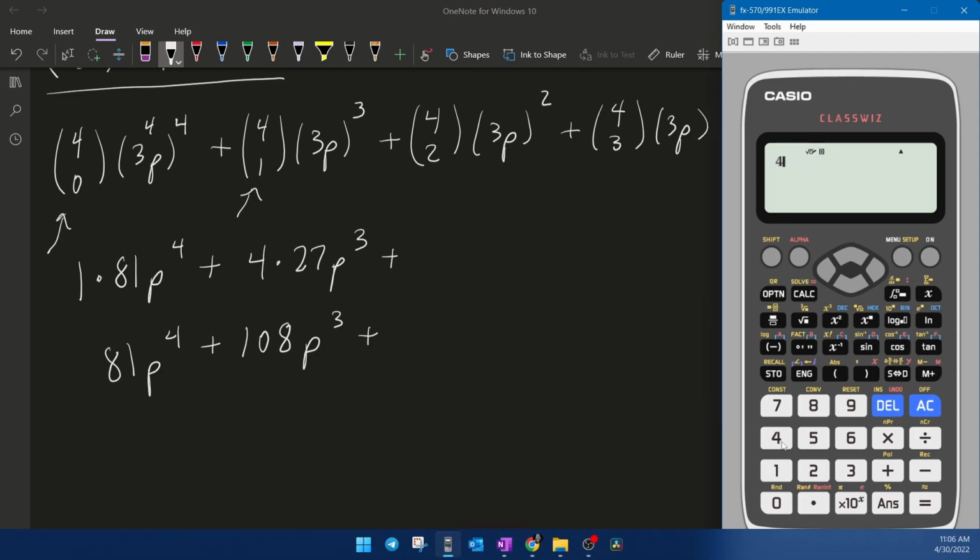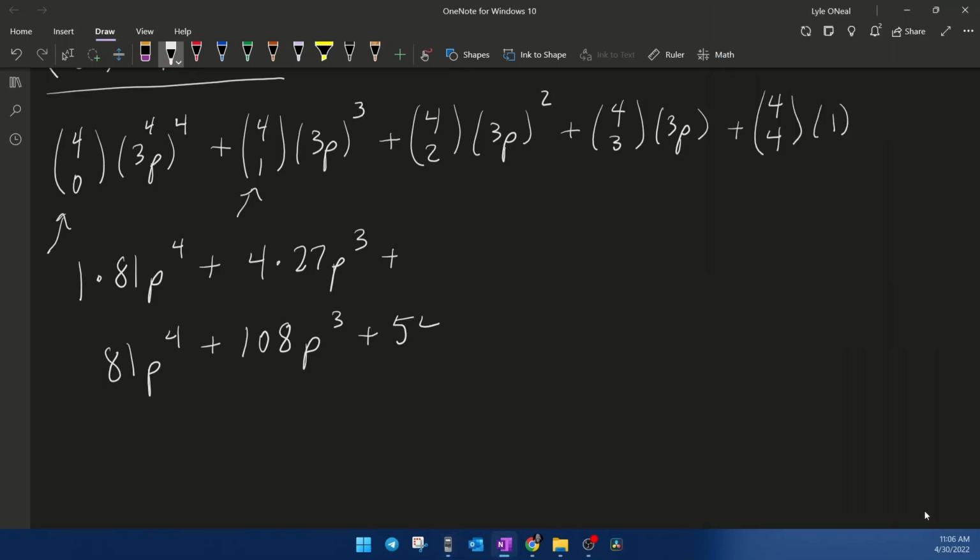So next we're going to have 4 choose 2. And I think if I want, I can hit multiply by 3 squared, and it will actually do all of that calculation for me to give us a 54. Now let's see if that works. 4 choose 2 is 6, and then we want to multiply that answer by 3 squared, which is 9, and that does give me a 54. I'm going to jump straight down to here. 54p squared